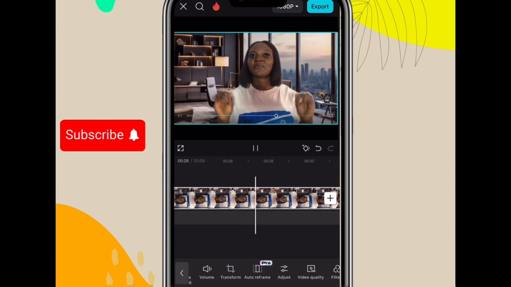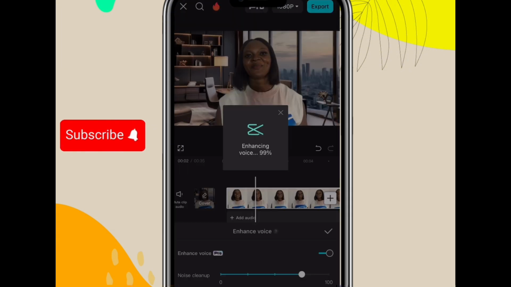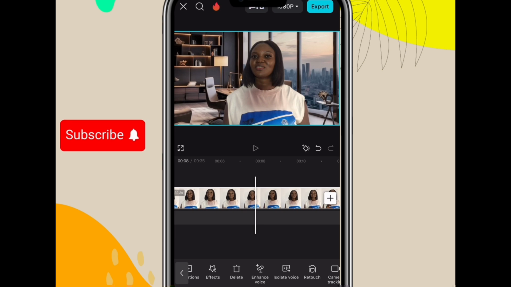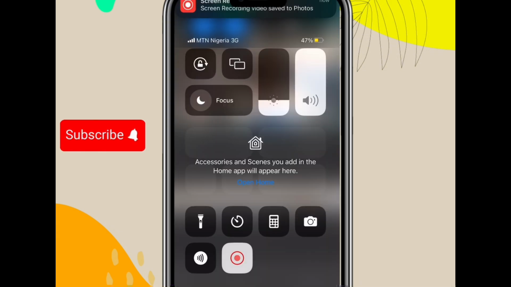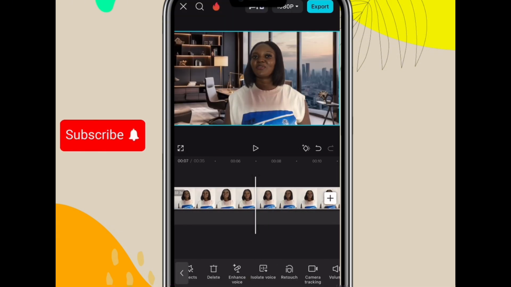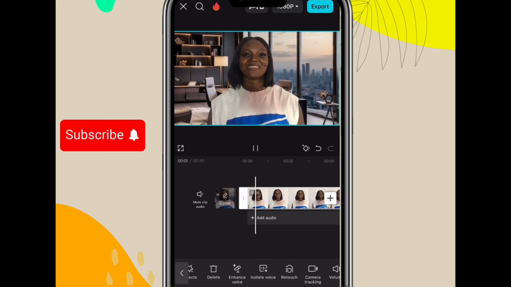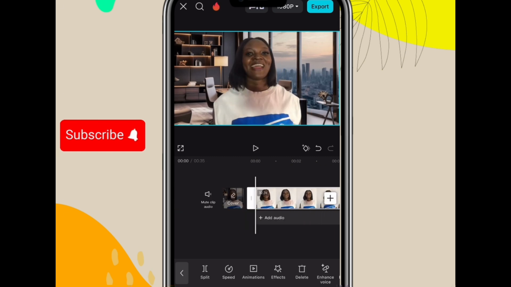If you also want to remove the background noise of your video, you can as well use their enhanced voice feature, which is a pro feature to remove background noise. Just click on enhanced voice, then screen record your video, but please make sure you increase the volume of your video before you start. So after recording the whole video, remove the enhanced voice and then reduce the volume of